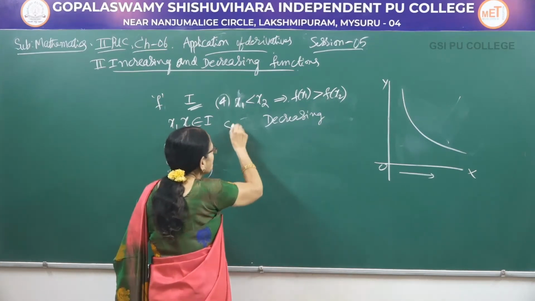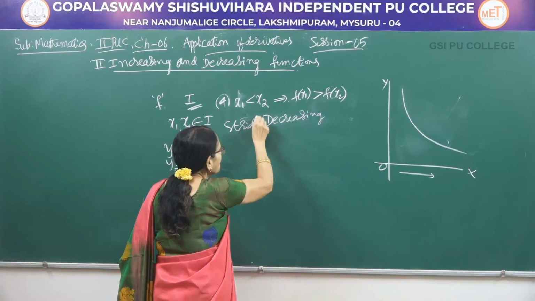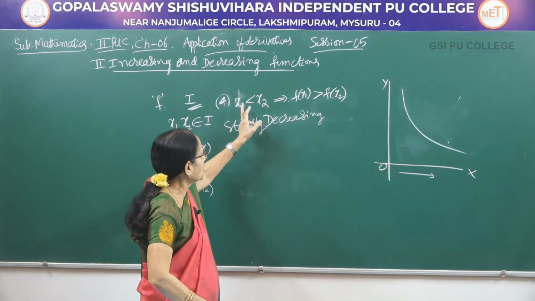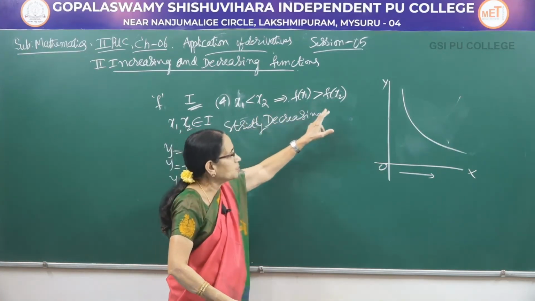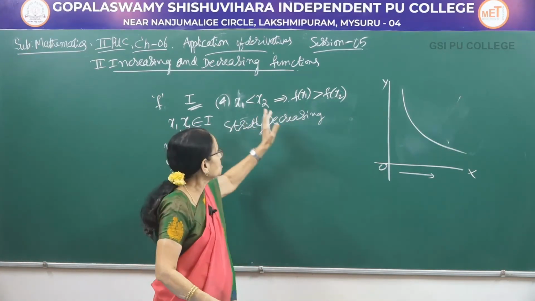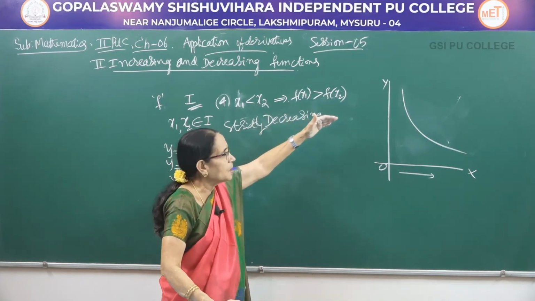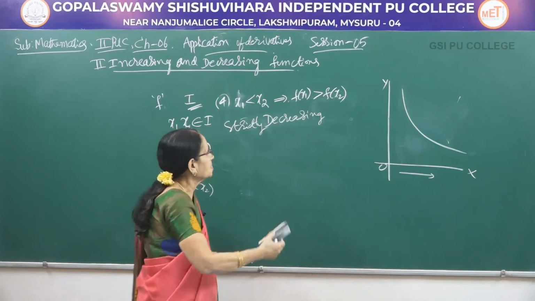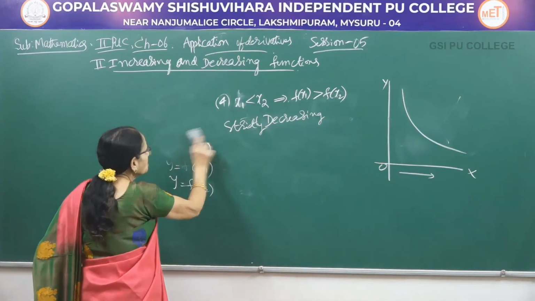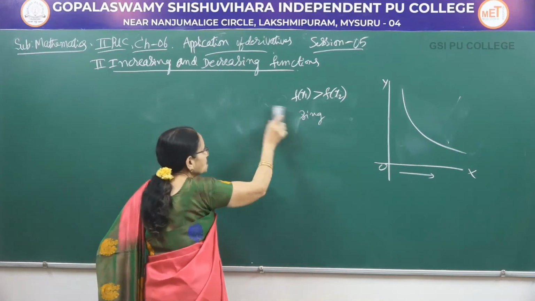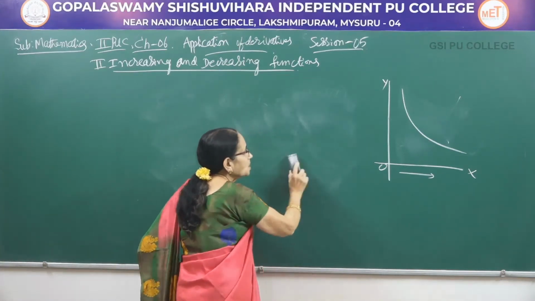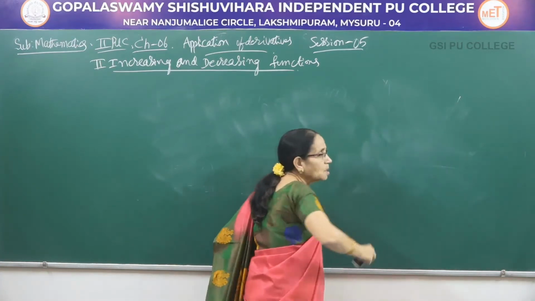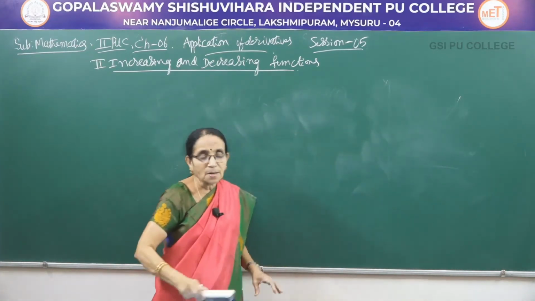So this is called a strictly decreasing function. For all x1 less than x2, f of x1 would be strictly greater than f of x2. So first we have the higher value, then we come to the lesser value, like this it goes on decreasing. So these are the four types of increasing or decreasing function definitions we can consider. Either the function would be increasing or decreasing, maybe strictly increasing or strictly decreasing.